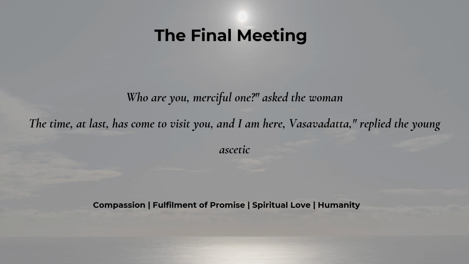This creates emotional depth because earlier she saw him as an attractive young ascetic and now she sees him through his compassion. Merciful one, meaning she describes him as someone full of mercy and kindness. Asked the woman, meaning she speaks weakly and humbly. A character transformation is also shown here because earlier Vasavadatta was confident, proud, and glamorous, and now she is helpless, dependent, and humble. So, a simple meaning would be the woman asks the monk who he is, calling him a kind and compassionate person. The literary devices used here are epithet,